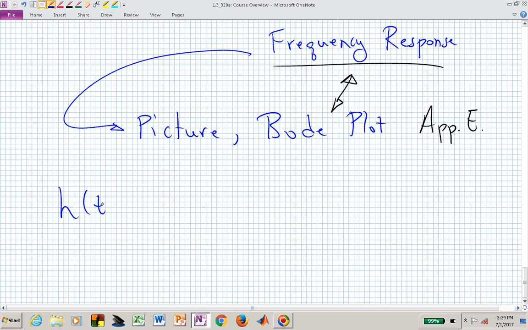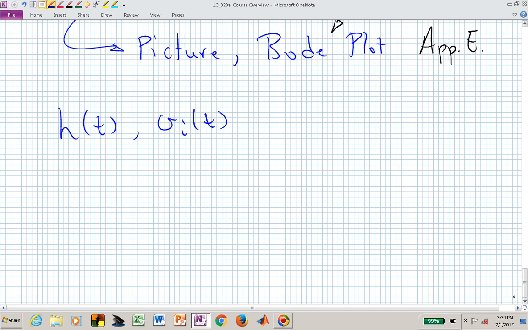And if we're looking at the time domain, we can look at generic output responses of a system by using the impulse response of the system, h of t, together with the time domain input, let's say lowercase v sub I of t, and by combining those in a special way, which will be via a convolution integral,